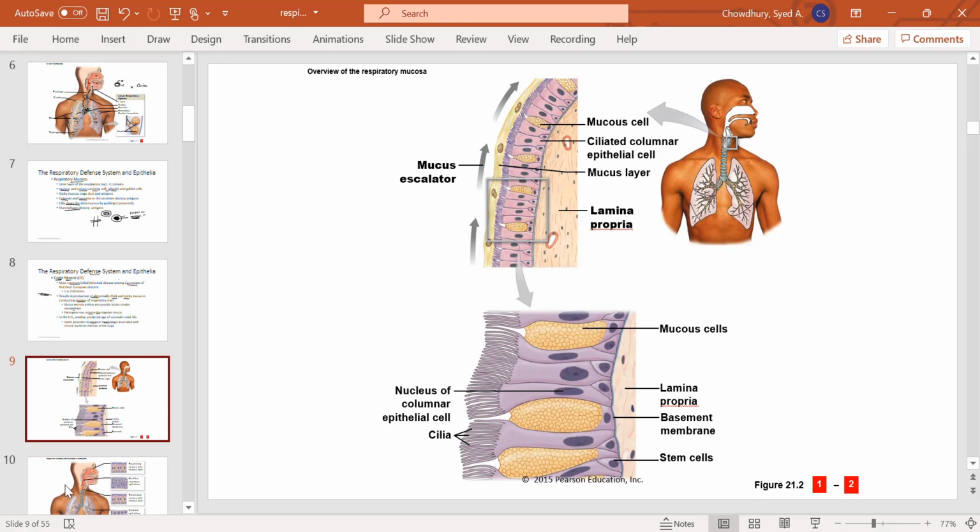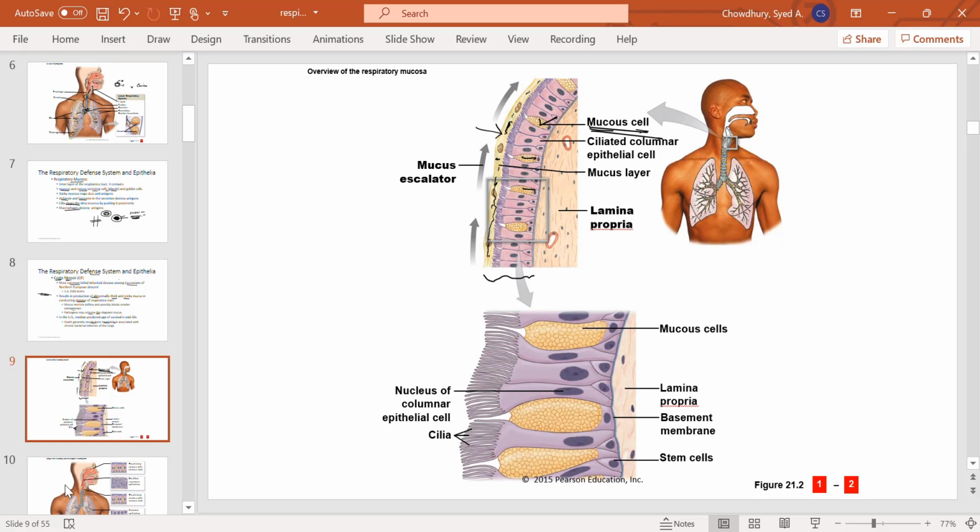Here you see the respiratory membrane, or mucous membrane. So you remember there are mucus secreting cells, also serous cells are there, and this is the sticky, slippery secretion. This is called the mucus, right? So mucus is secreted from the mucus secreting cells. These cells secrete mucus, and that mucus forms a layer, and that is a barrier, right?